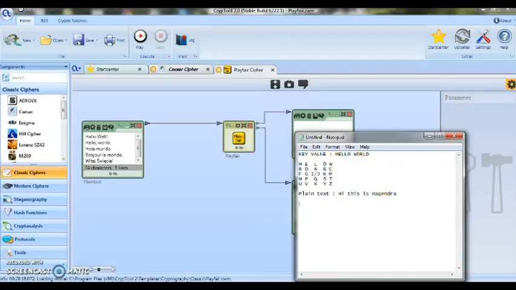So the pair of letters will be HI, TH, IS, NA, G, ND, RA. Now for the encryption process, the Playfair cipher uses some rules, like whether the letters of each digraph